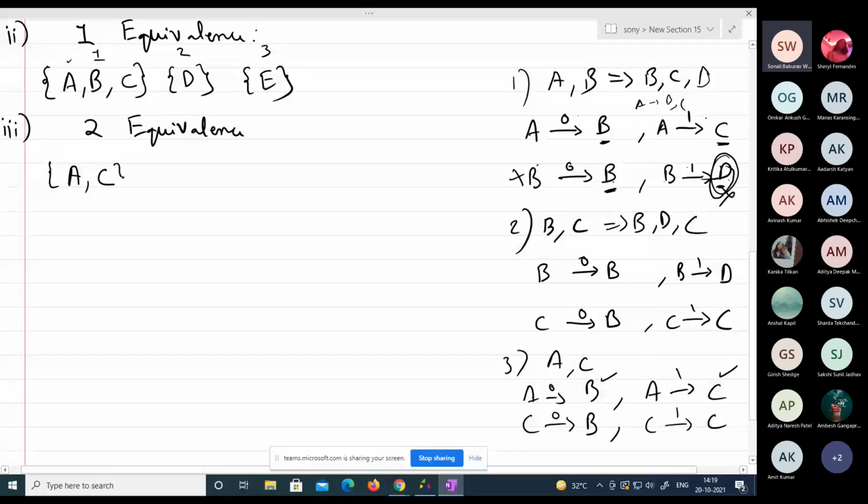B is included in another set. Now I will create one more set here, B. And now I already have D and E. So guys, what you have to do over here is always consider the non-final set and proceed for the equivalence on that non-final set only. And then you have to go on splitting. You just have to split the states into n number of states.